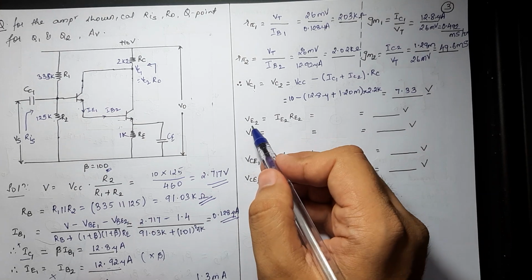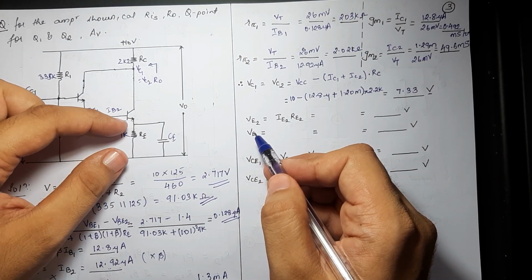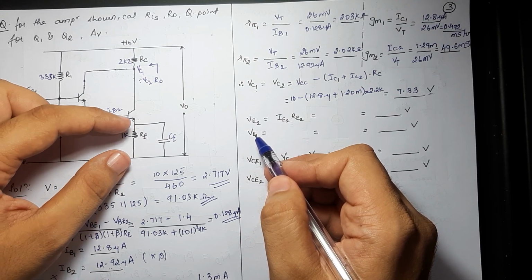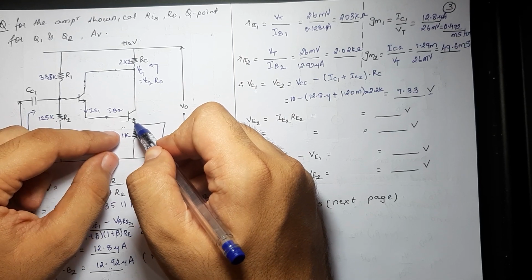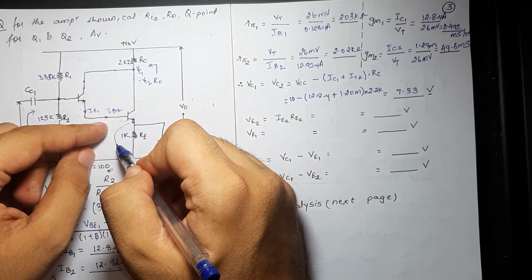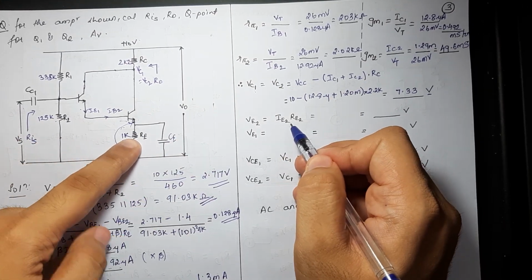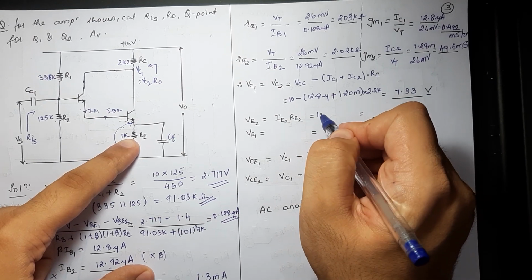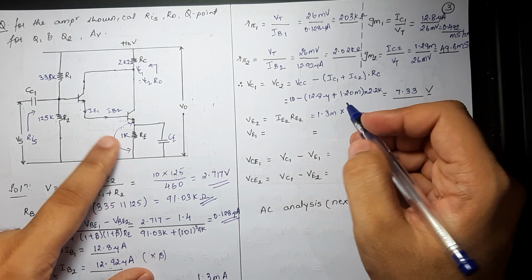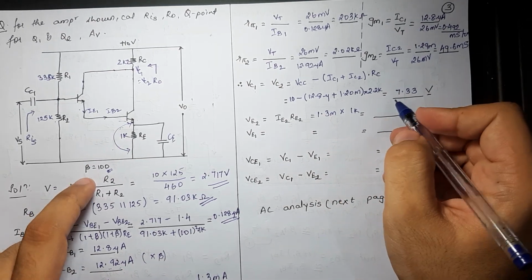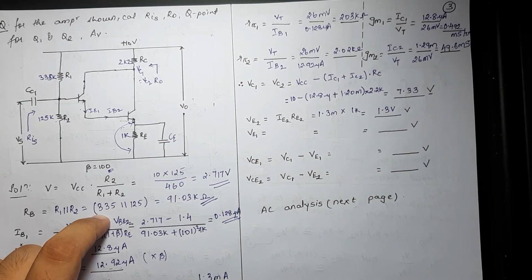Something of that sort. Now, VE2, something very beautiful. The voltage appearing across the RE connection over here is nothing but VE2, or I would say the emitter voltage at the second point. It is the voltage between this and this point. So it is simply given as IE2 into RE2, and of course we have calculated IE2 as 1.3 milli into RE2, which is simply 1K over here. The value is nothing but 1.3 volt. Now there is a twist.